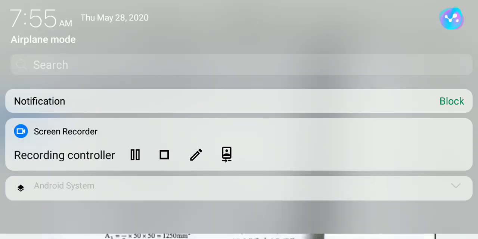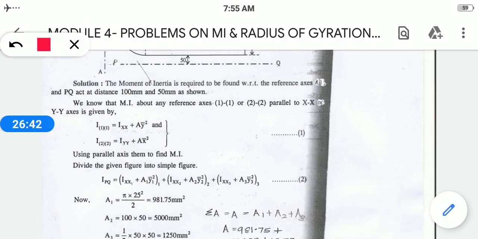Okay, one is for whichever you are considering as the first element. For the first element, one formula. For the second element, we have to find the same thing, and for the third element we have to find the same thing. You have to take according to the number of elements in the diagram. If we have 5 elements in the diagram, you have to take I of 1 1 or I of PQ equal to 5 different types of components. Here we have only 3 different types of components, so we are taking the 3 formulas. Okay, this is according to that.